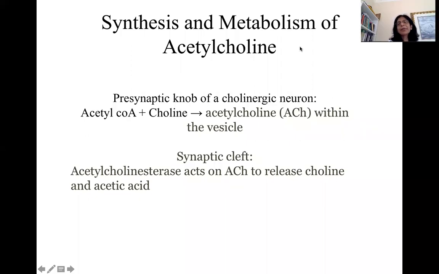Let's now talk about the synthesis and metabolism of acetylcholine and catecholamines. Acetylcholine is made from one set of neurons referred to as cholinergic neurons. Cholinergic neurons release acetylcholine. How they synthesize acetylcholine is our focus here, so let's talk about it. You need two substrates, choline and acetyl-CoA,